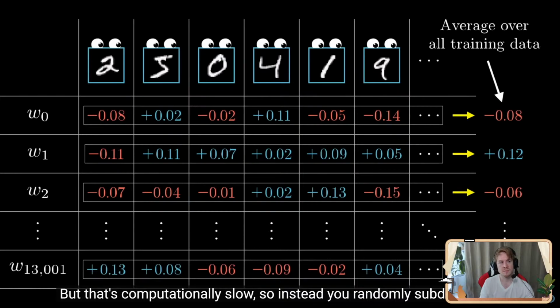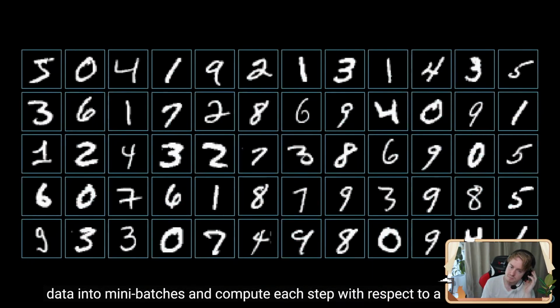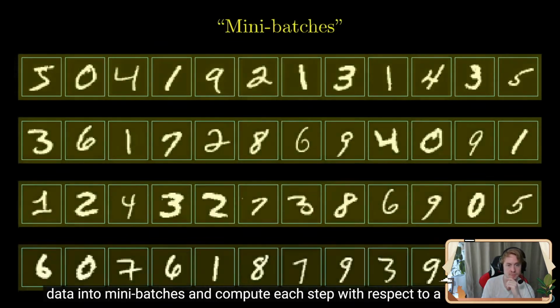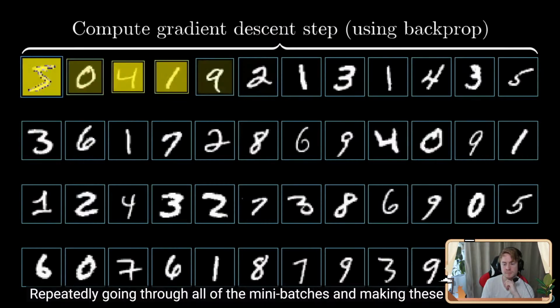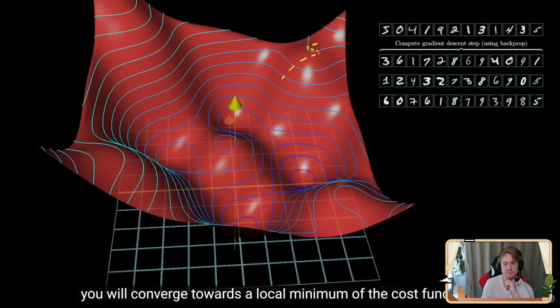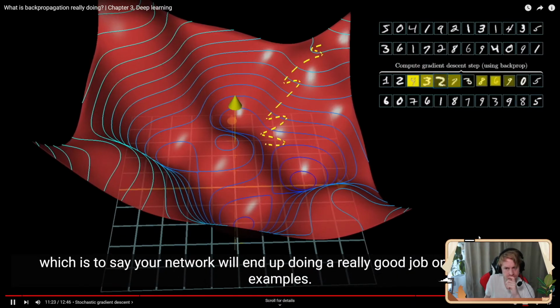But that's computationally slow, so instead you randomly subdivide the data into these mini batches and compute each step with respect to a mini batch. Repeatedly going through all of the mini batches and making these adjustments, you will converge towards a local minimum of the cost function,